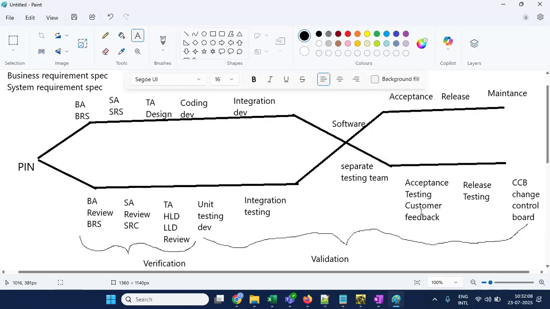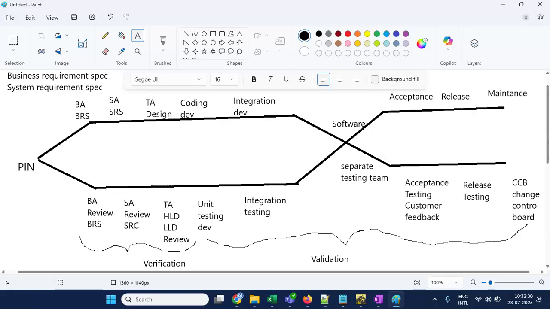So that's why all these stages we call validation, which means you are validating whether the code is meeting the expectation or not. So that's why this is a validation phase. This is verification. So the fish model, we can also call it a verification and validation phase. So it will be divided into two. Okay,